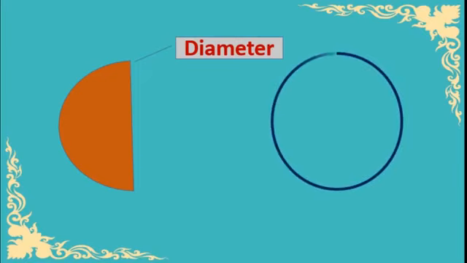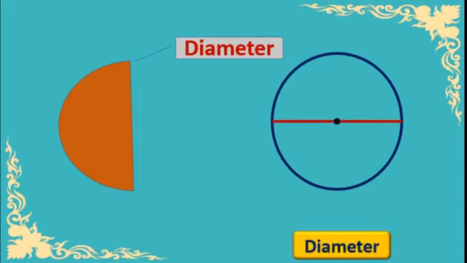Now in the circle, see, this is a circle. Exactly the half of that is called this diameter. Can you see here? This red line passed through the central point, and it also joined two points on the circle. Then you can ask, what is the difference between the diameter and the chord? Yes, brilliant question. The difference between the diameter and the chord is that the diameter always passes through the center of the circle.